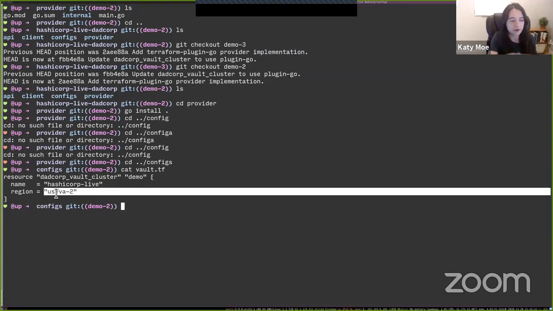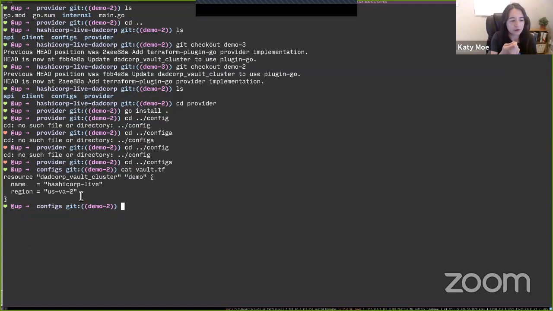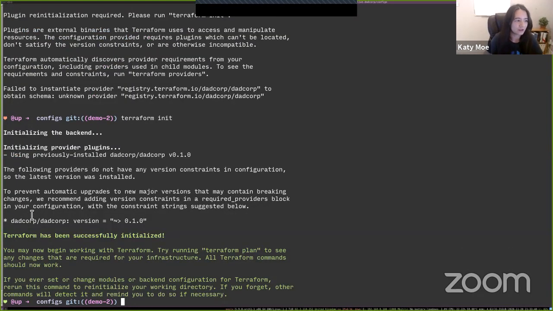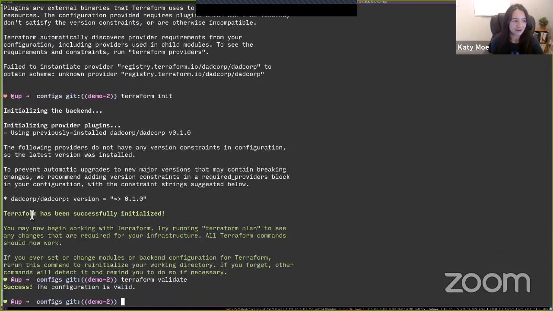So with the helper schema provider you can currently make with the current SDK, you basically have to hard code, if you want to validate your config such that this region can only be a certain number of values, you have to hard code those values into the provider. And that's because during Terraform validate, due to some historical limitations with how these things work, you basically do not have an authenticated connection to your API at the time of Terraform validate.